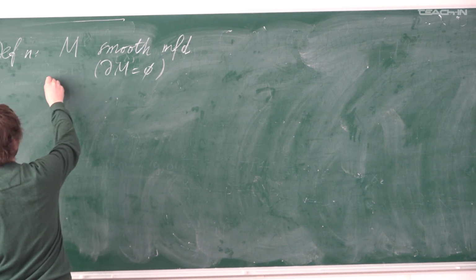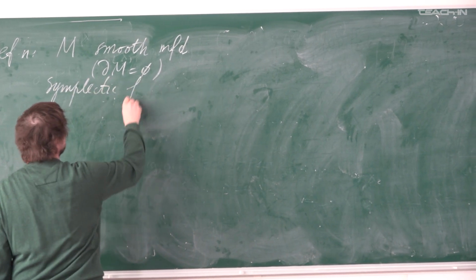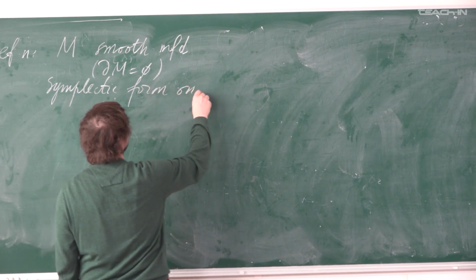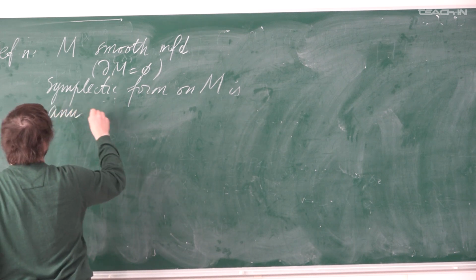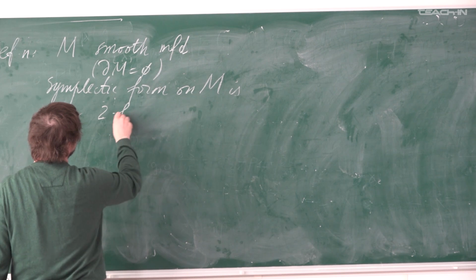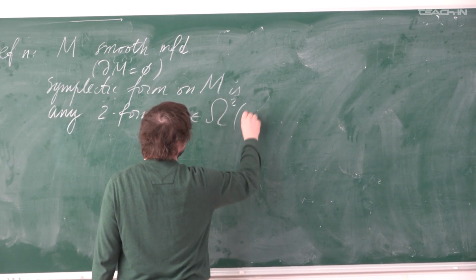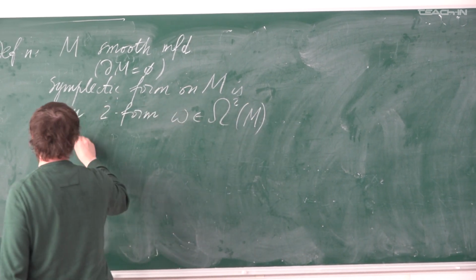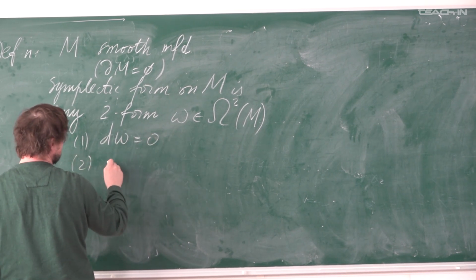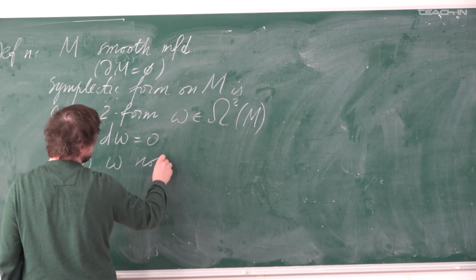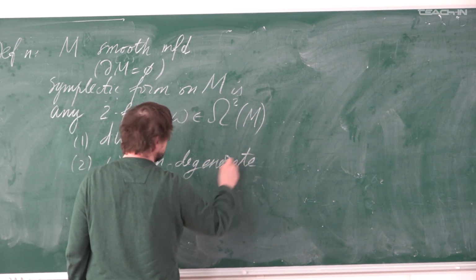A symplectic form on M is any two-form omega on M such that, first, this form is closed, and second, this form is non-degenerate. Non-degenerate in the sense that